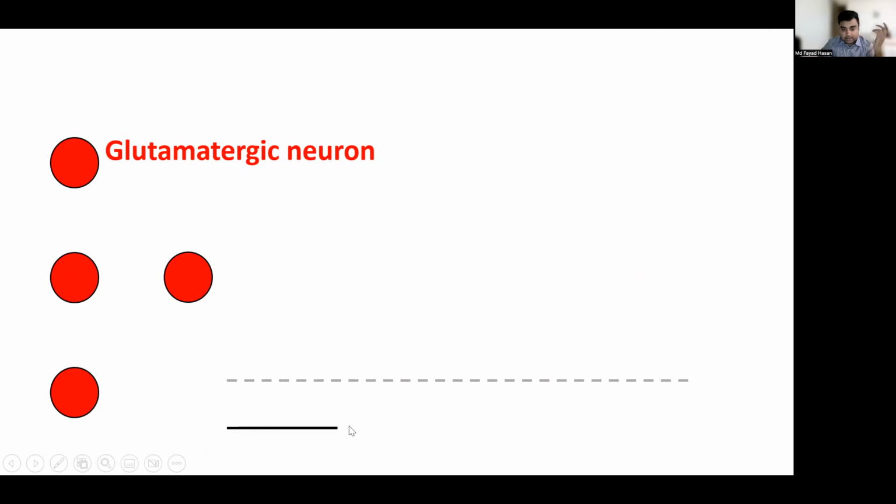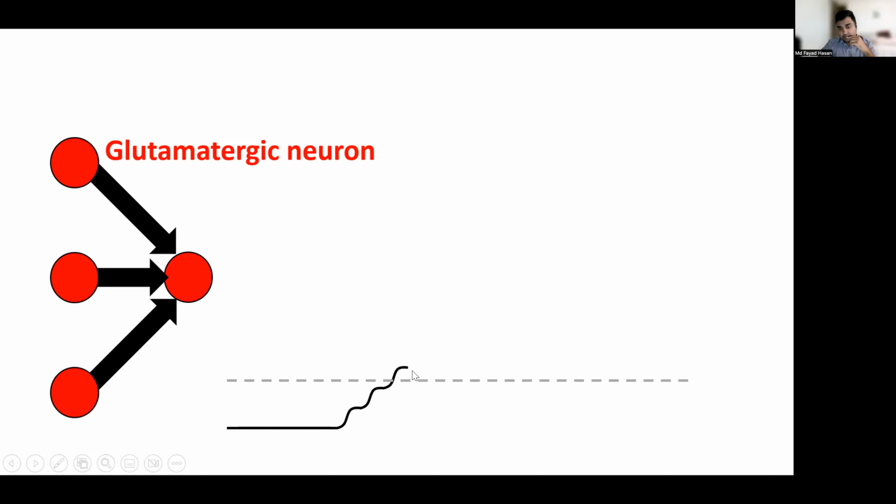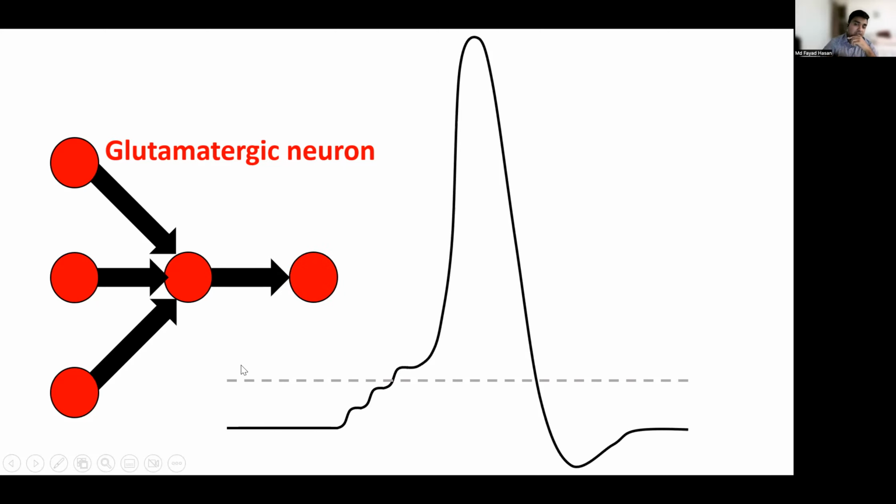So this black line is the voltage. When one neuron fires, it talks to this neuron, so the voltage of this neuron increases a little bit. If this one talks, it increases further. If this one talks, it increases further. But if the voltage increases above this dashed line, that neuron actually fires, and that excites